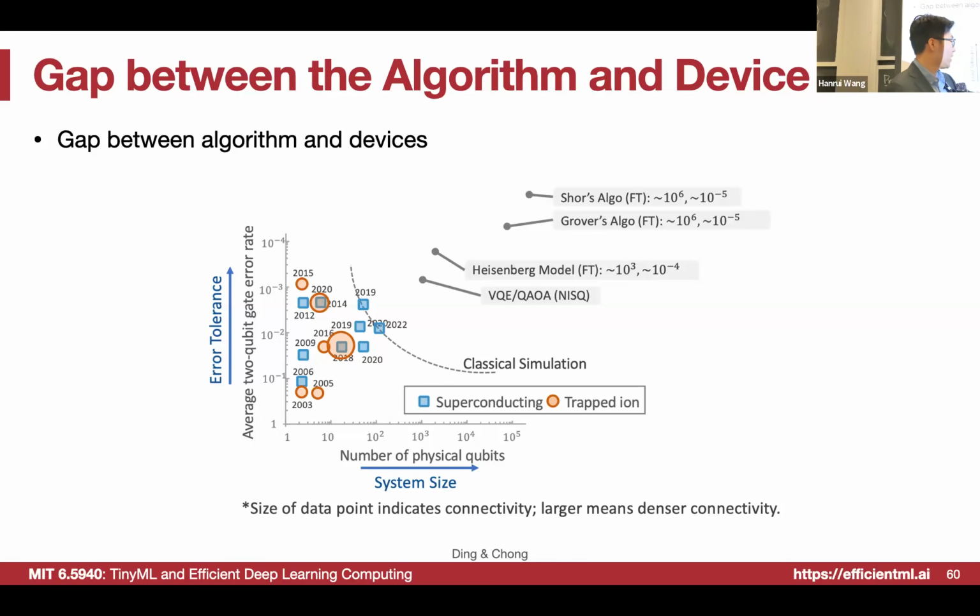So previously, say if you just have a quantum machine with 1,000 qubits, maybe you can only use 100 of them, because when you use more of them, the final result will be very erroneous. But our technique also focuses on how to better fully utilize the currently available machine.